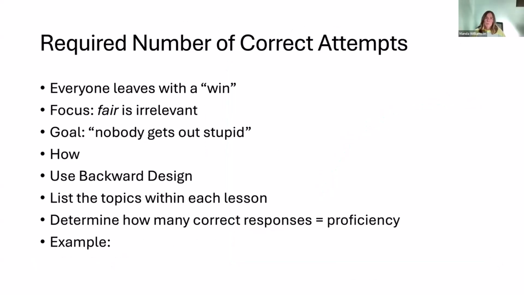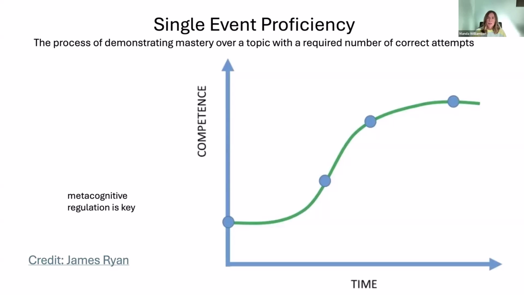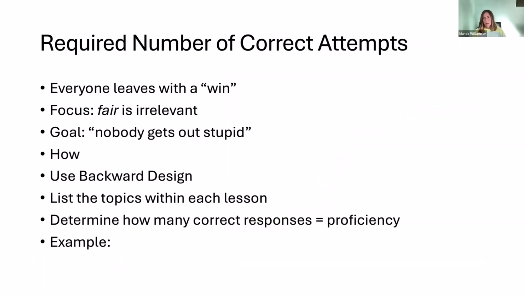All right. Now, one part of the definition is a required number of correct attempts. And that's one of the first big pedagogy questions that you have to decide upon within a given topic. What is the correct number of attempts? And so the key in doing single event proficiency is that by the end of the lesson, everybody leaves with a victory. And so what we mean by that is they can get items wrong. And what happens is Mobius will store that particular topic question that they got wrong, and they will see a different iteration of it. And when they get it right, then they get credit for getting that part of it right. So no matter how many questions you get wrong, there are no stakes here. As long as you persist, you will leave with 100%.